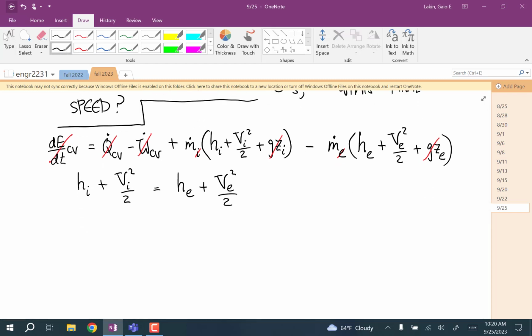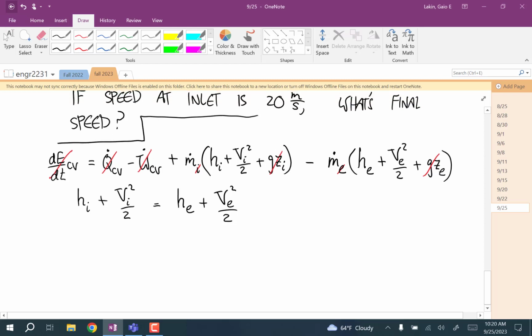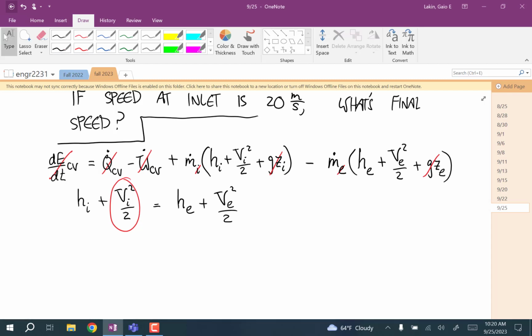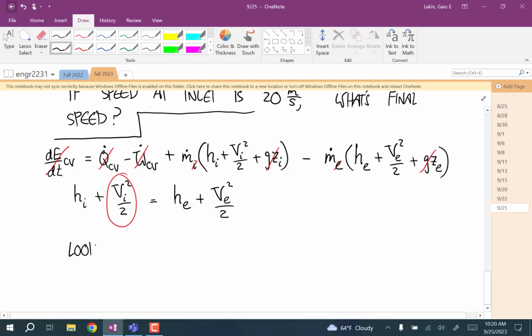Now we're going to look up, so what do we need to look up? We're given this, okay? We're trying to find VE. We have properties that'll let us look up the specific enthalpies at the inlet and the exit. So look up H inlet and H exit, and what you get is